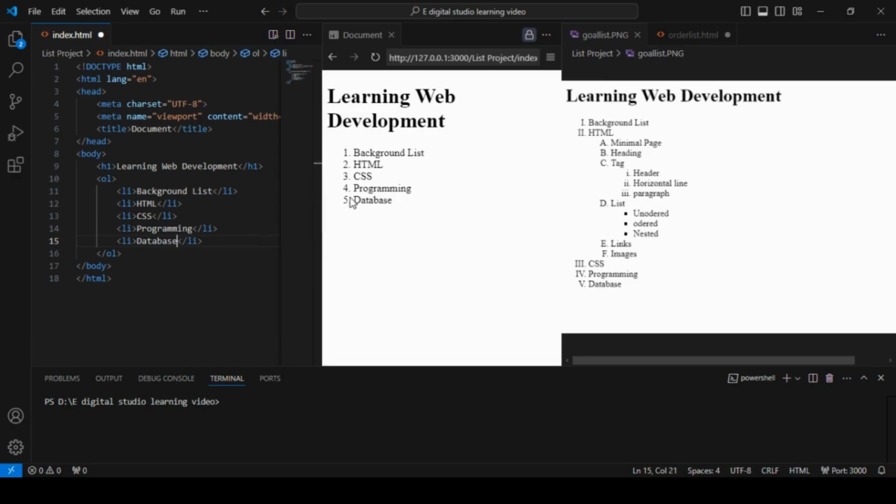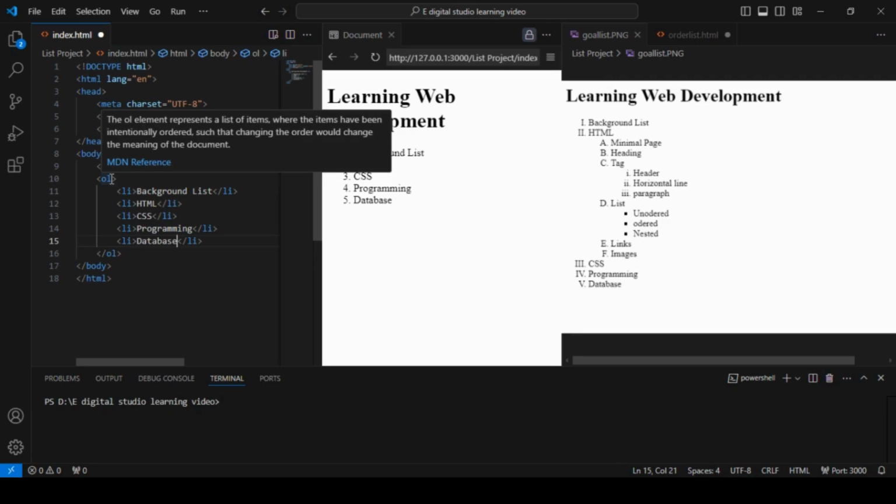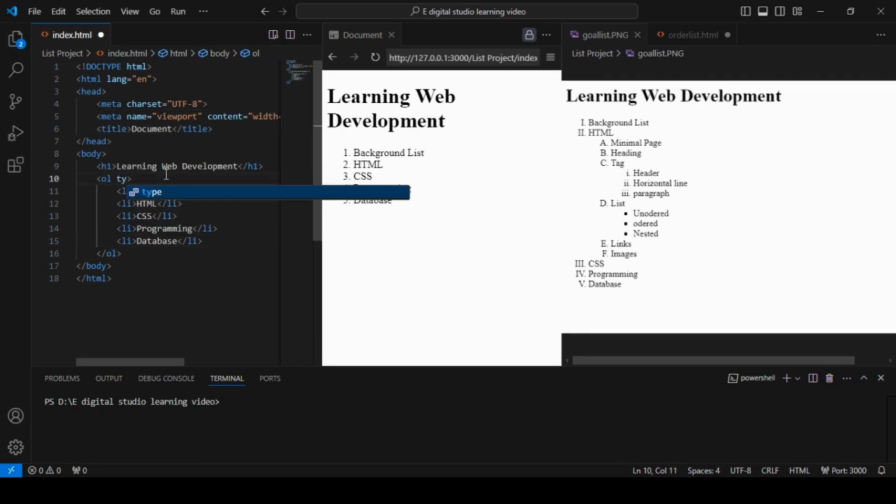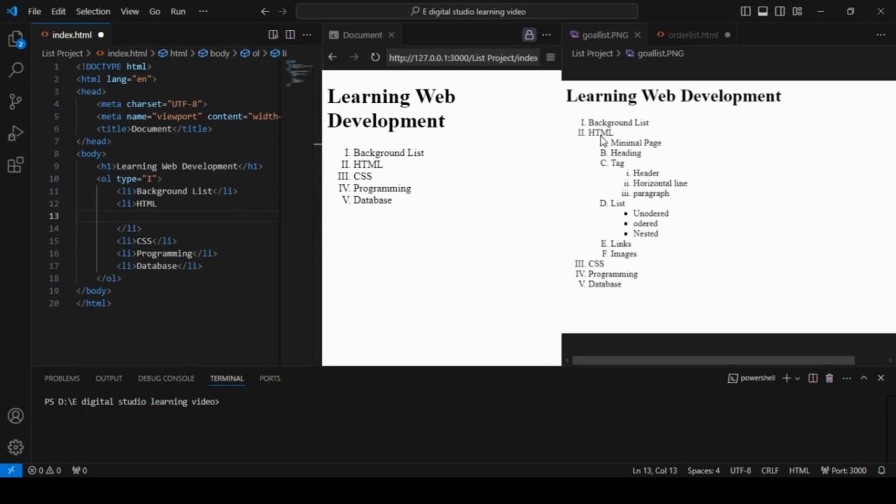So here you can see I have created the list. This is the main list. Now I want to change the type to Roman number. Under the opening of the OL tag, I would write type and select Roman. So here you can see the Roman form is created. Now I would create the sublist, which is minimal page, heading, tag, list, link, images under the HTML. So under the HTML list, I would write, and this is in ordered list form. So OL,